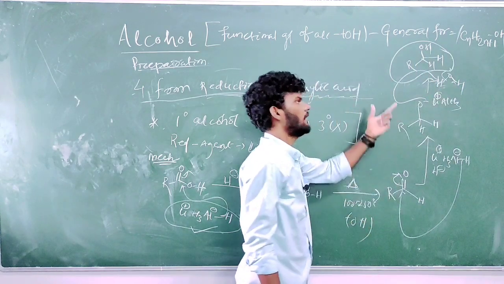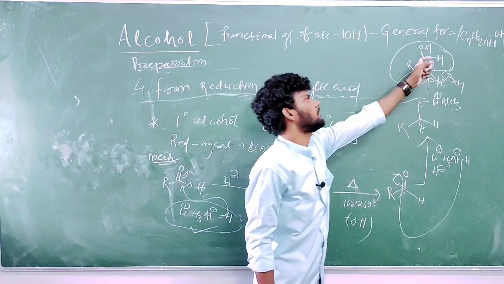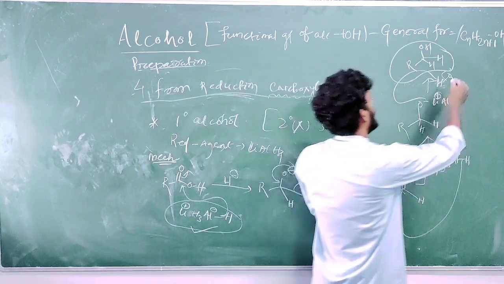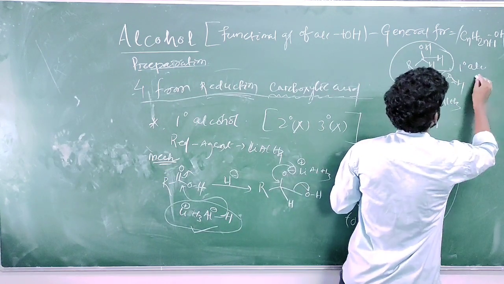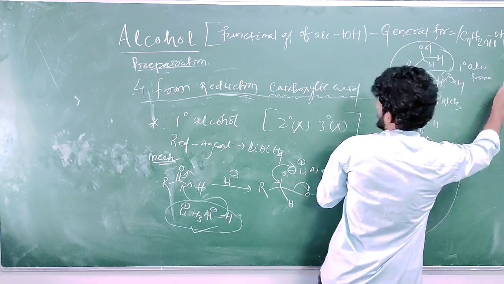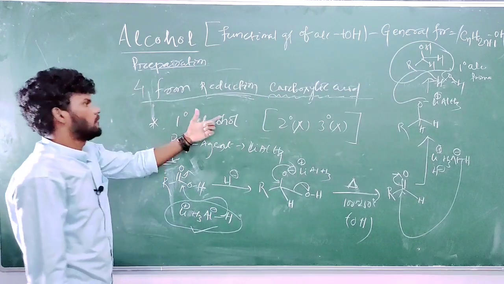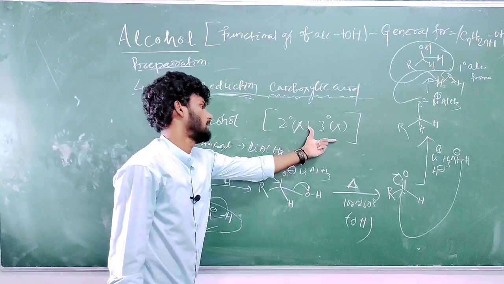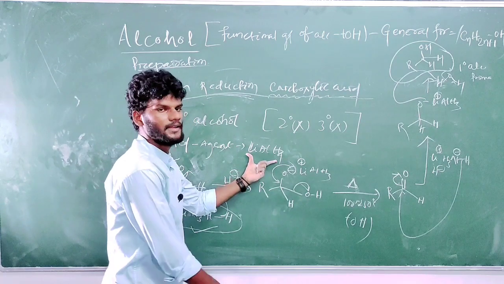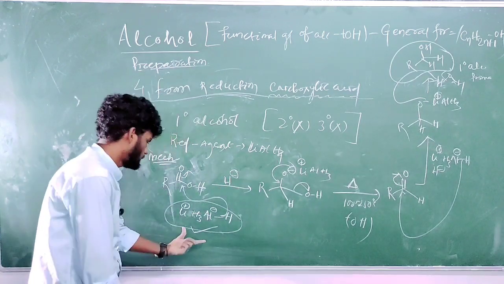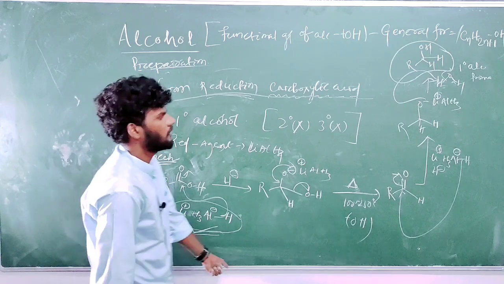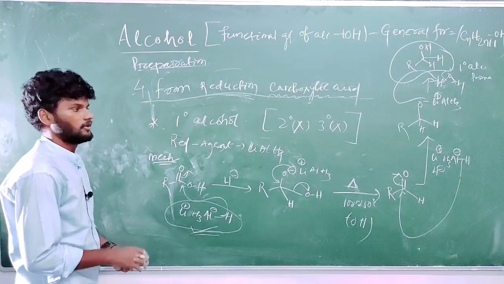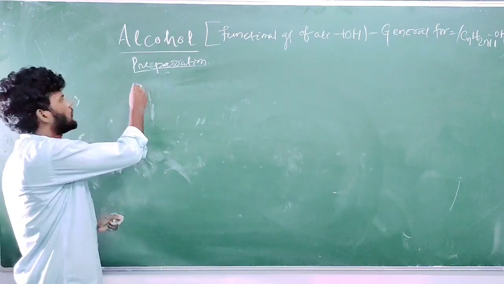Which structure is this, primary, secondary or tertiary alcohol? The carbon atom attached to oxygen is attached to only one R. So this is a 1 degree or primary alcohol. That is why I told you that reduction of carboxylic acid forms a 1 degree alcohol, not 2 degree nor 3 degree, by using the reducing reagent lithium aluminum hydride. How many moles of lithium aluminum hydride are used here? 2 moles of lithium aluminum hydride. Do all of you understand?